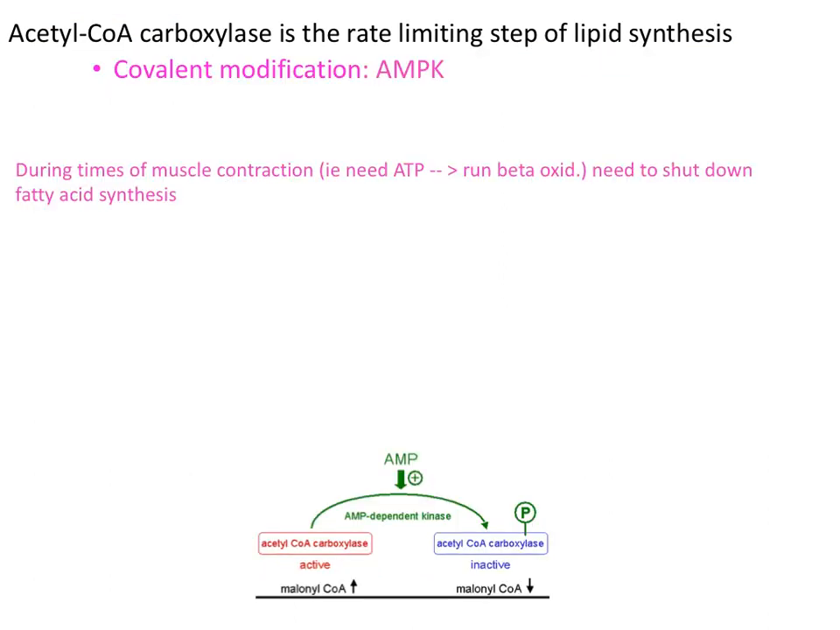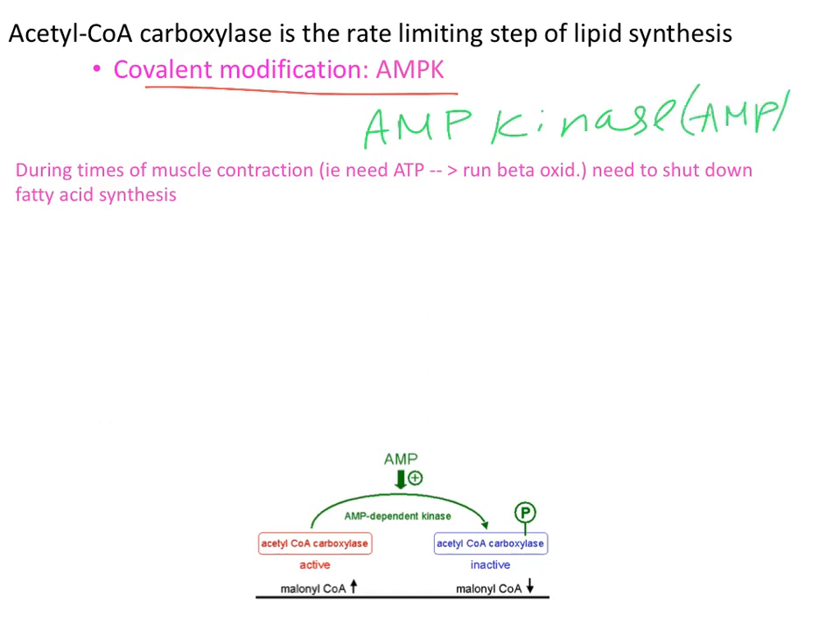Okay, so covalent modification using this enzyme called AMPK, which stands for AMP, which is adenosine monophosphate kinase. That's what AMPK stands for. Okay, so during times of muscle contraction when you need a lot of ATP or you need to run beta oxidation, you'll shut down fatty acid synthesis. And the way that this works is